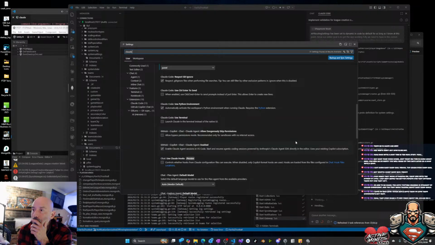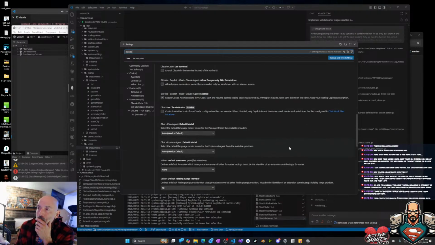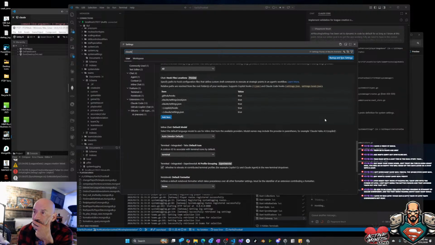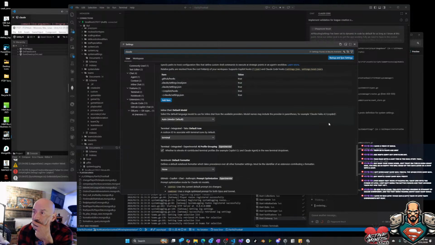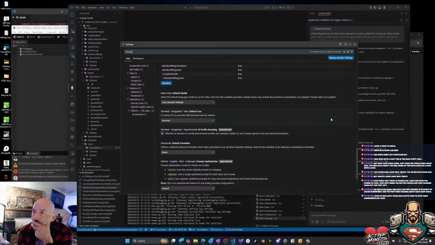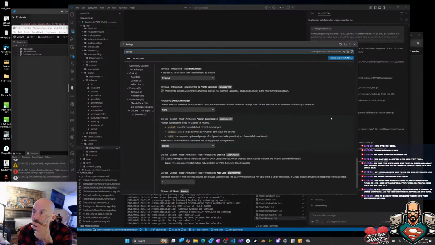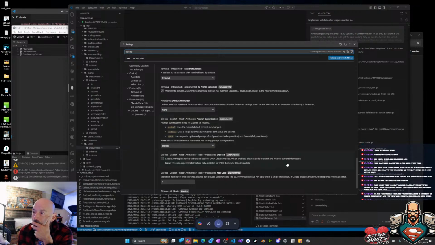Claude agent, Claude hooks, plan agent, default mode, select the default language model, default formatter, default folding range, hook files, location preview, terminal, default formatter. It finds a default notebook formatter which takes precedence over all the formatter settings. Copilot chat Anthropic prompt Copilot.